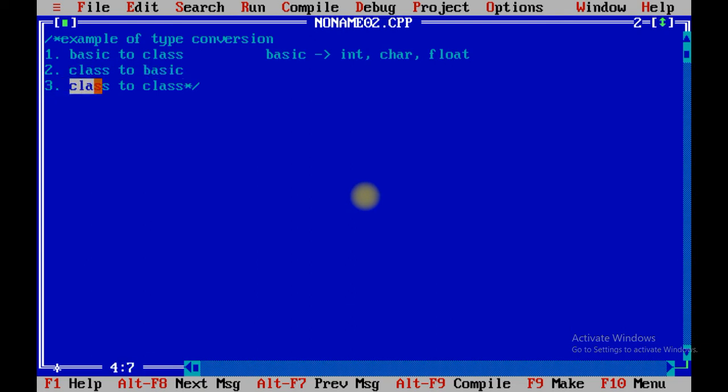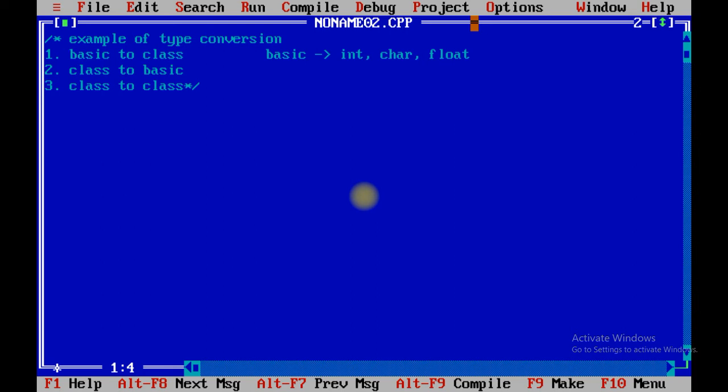And when you convert one class into a second class, that is called class to class conversion.